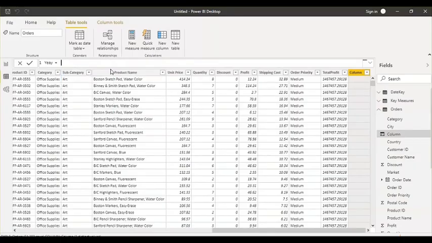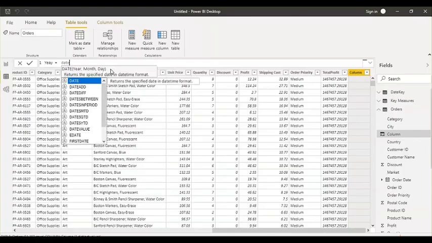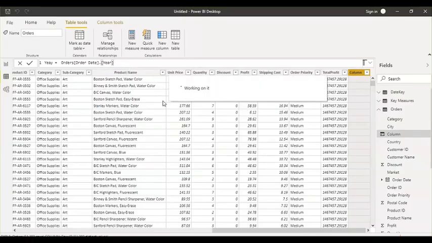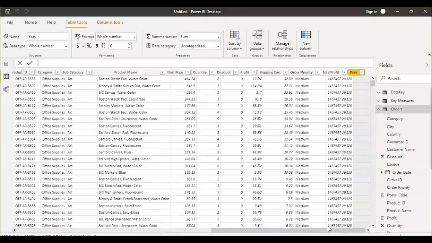But an alternate way is that you can first write your date column here. Let's say this is my date column, order date. Next, once you press tab, you will have options for what you want to extract from here, whether you want the date, day, month number, whatever you want. For example, if you want to get the year from this, you can just go here and press tab, press enter. So this is an alternate option for extracting the year from any date.